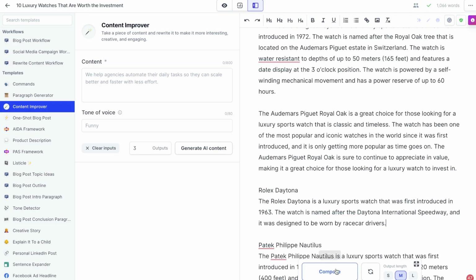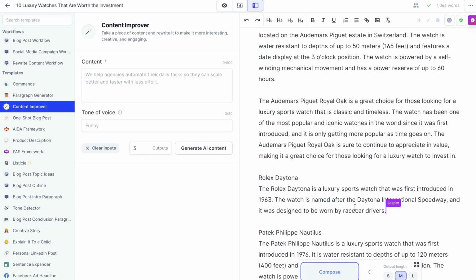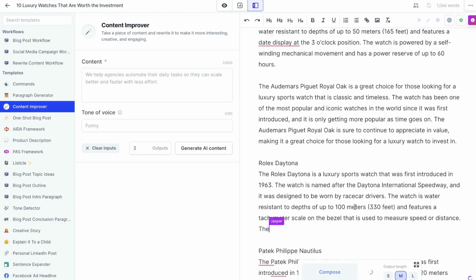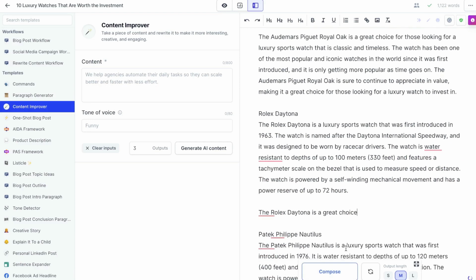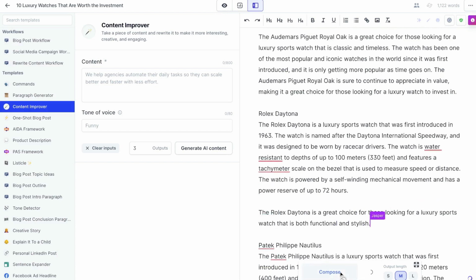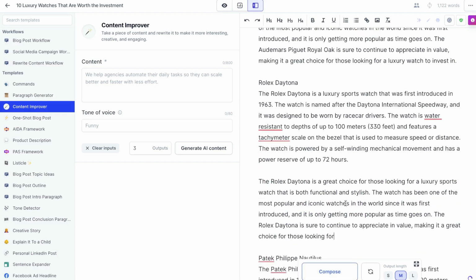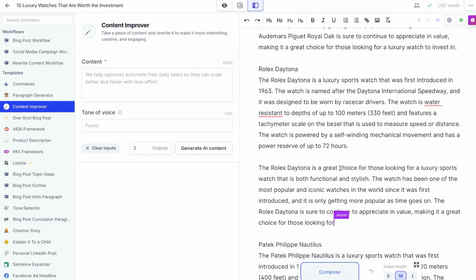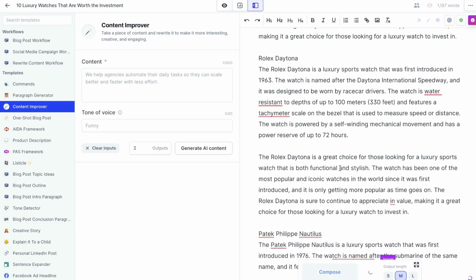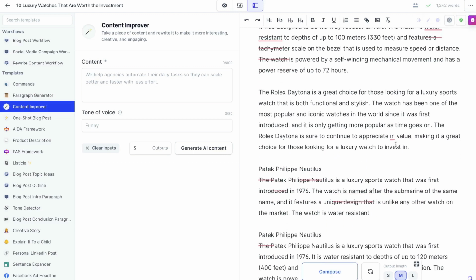And the great thing about Jasper is that you can continue hitting the compose button and it'll always get you content, especially if you're writing about a broad topic. Of course, if you're very niche, then you may not always get the content you're trying to write about. But as you can see, we really haven't written anything manually, and we already have over 1,000 words written